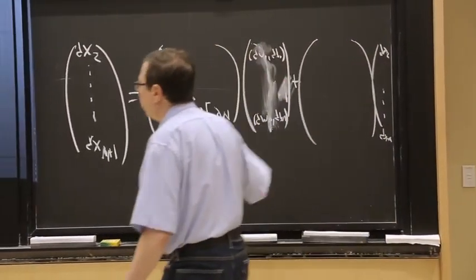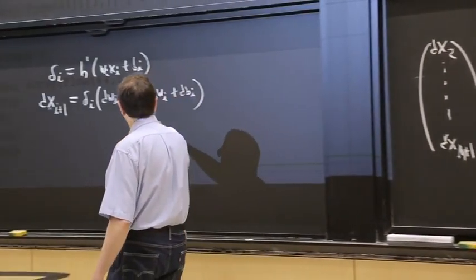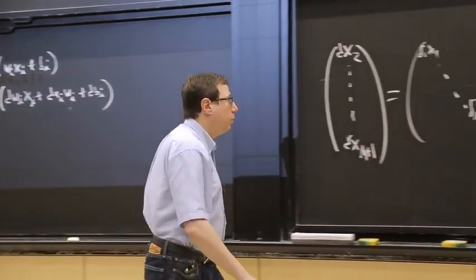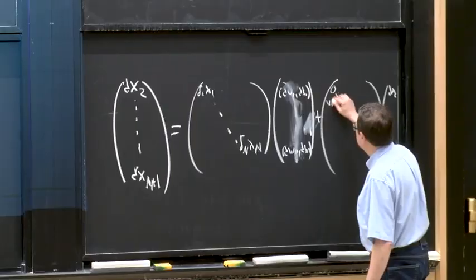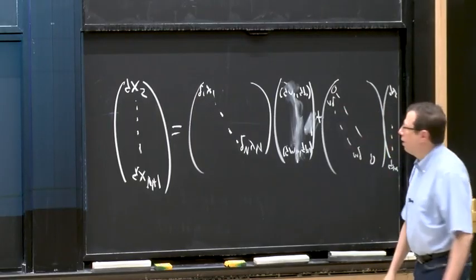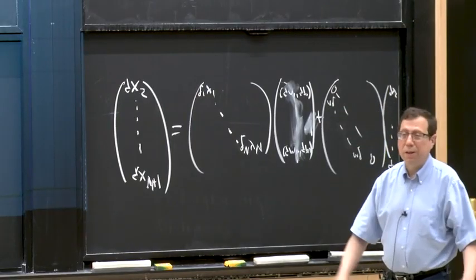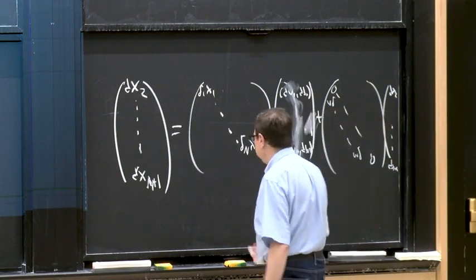Okay, and then what do I have over here? Here, I'd have the delta w's. And if you check, you'll see that this will be, I'm not going to get the indices right, and I don't have time, so I'm just going to write it like this. And now I'm just going to give you the end of the story because I've run out of time. You could write all this